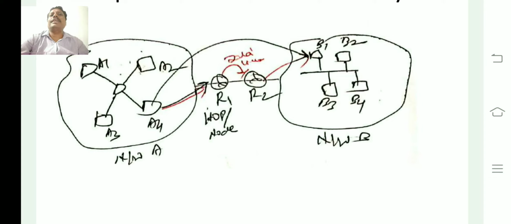Here the data link layer's responsibility is to take care of data transmission from one node to its next node, not the complete path from source to destination. That is the main function of the data link layer.